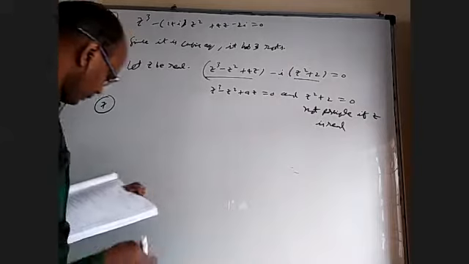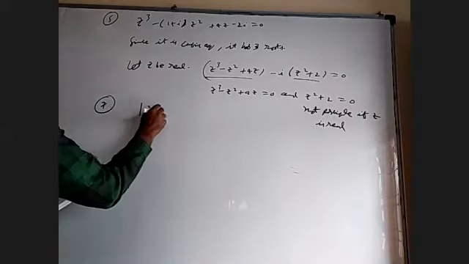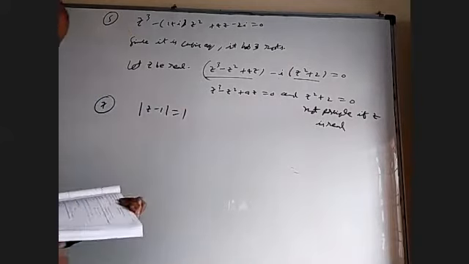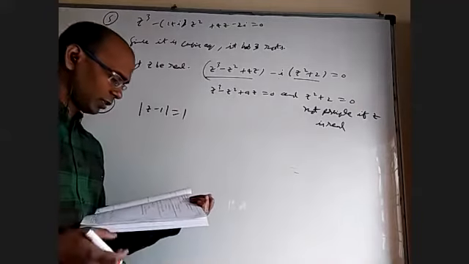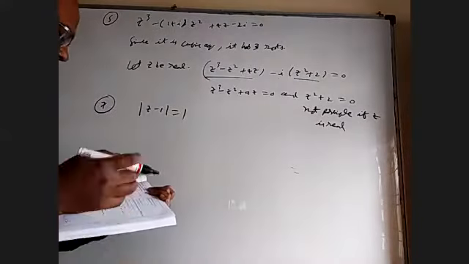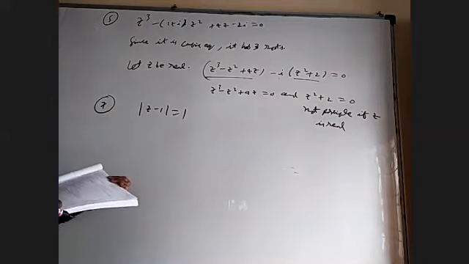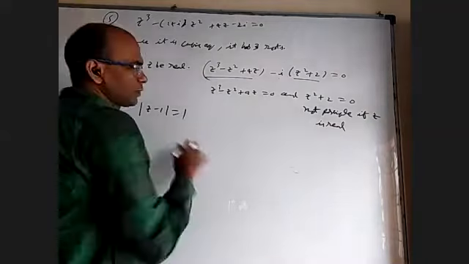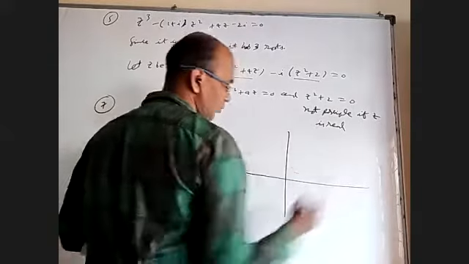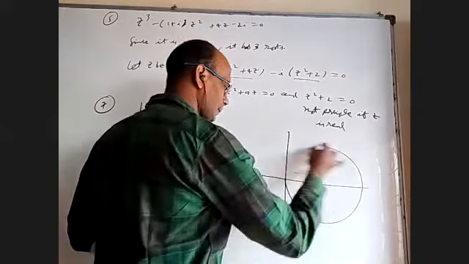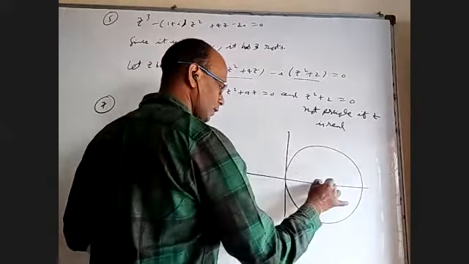Okay, this would be mod z minus 1 equal to 1. They asked about different options. Okay, argument of z minus 1 is 2 times argument of z, and some options like that. Let us see. Mod z minus 1 equal to 1 is a circle with center 1 and radius 1. It will be like this. This is 1, this is 2, this is 0. z can be anywhere.